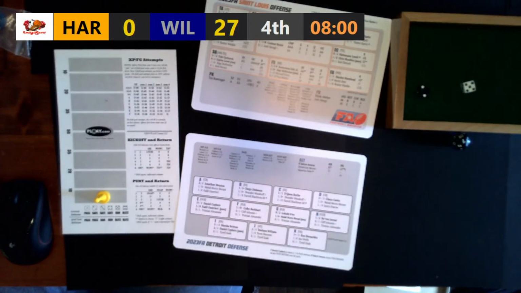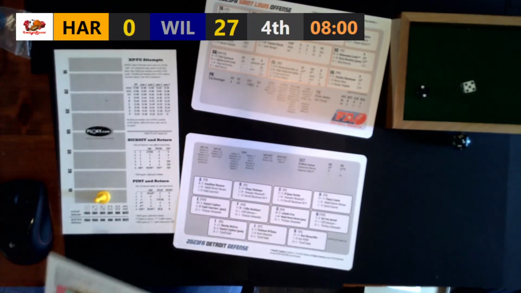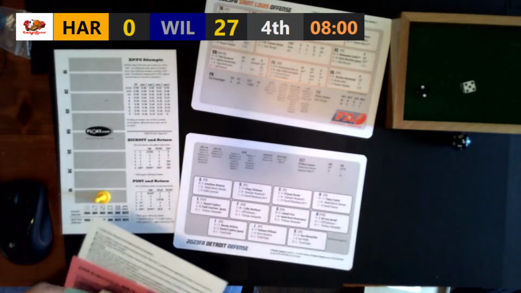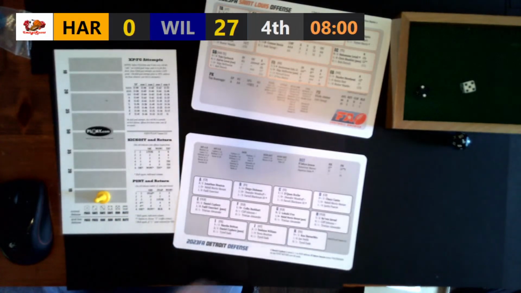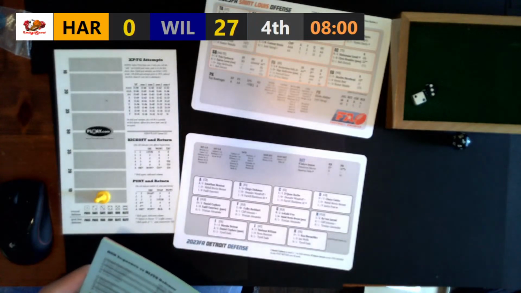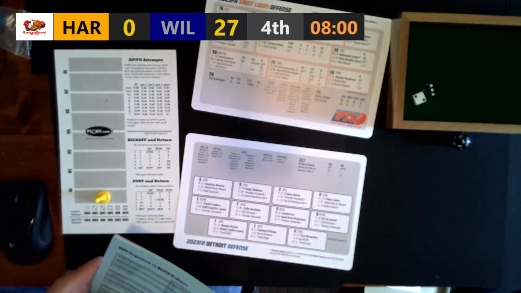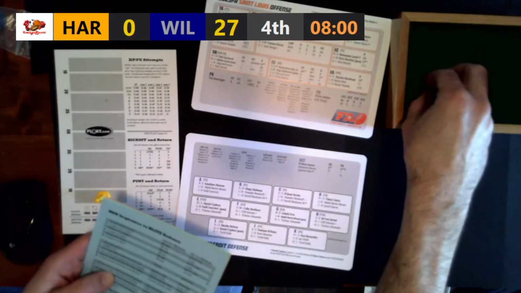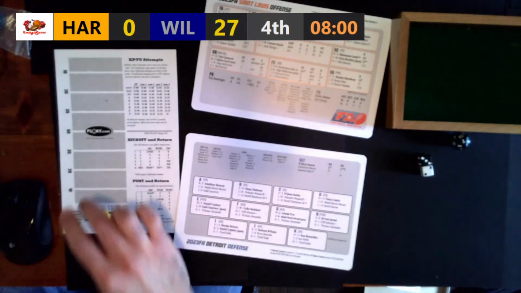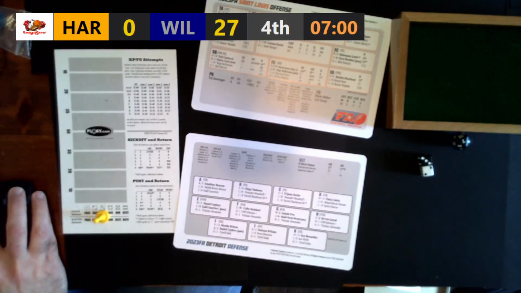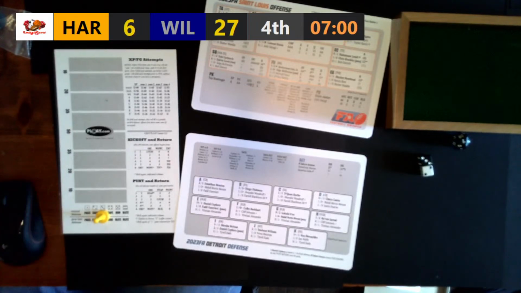And so here, they're going to go run, but it's going to be against a blitz defense. 32. 2 or more players rated run 2 on the offense. I see 1, I see 2, I see a gain, and that is going to be a touchdown. So Harrisburg finally gets on the board with a score with 7 minutes remaining in the game.